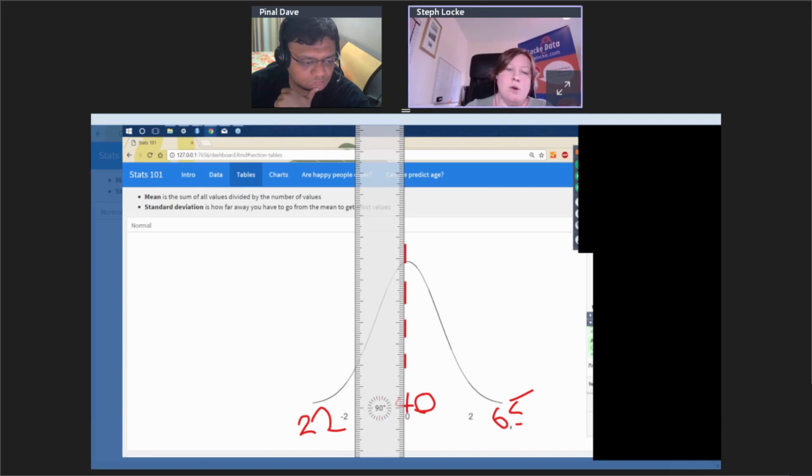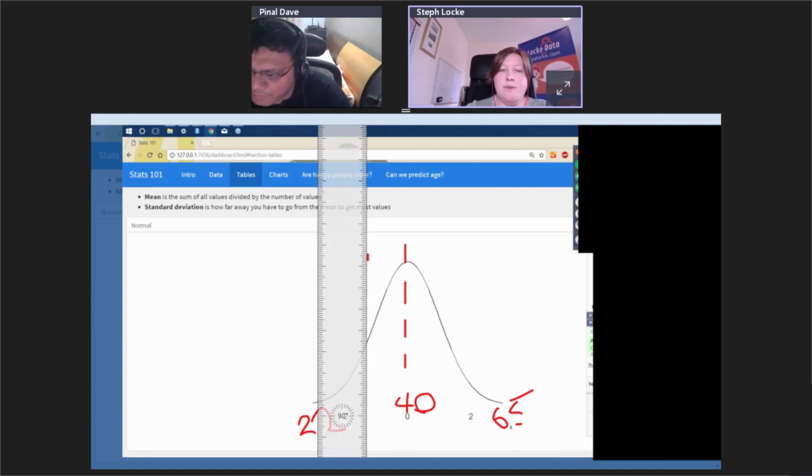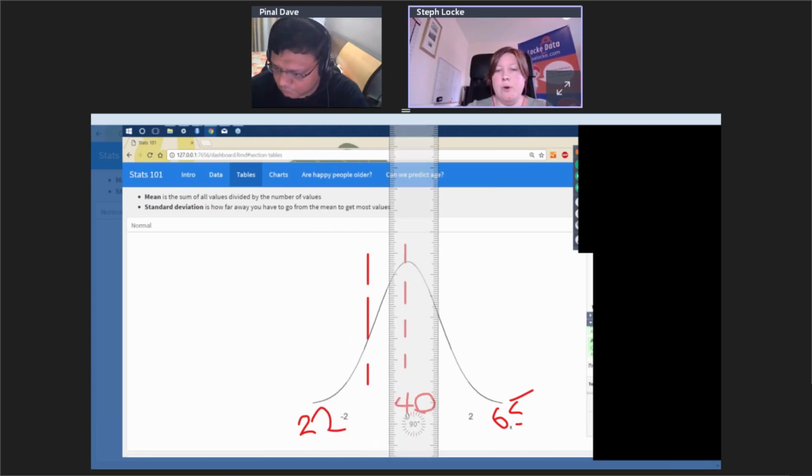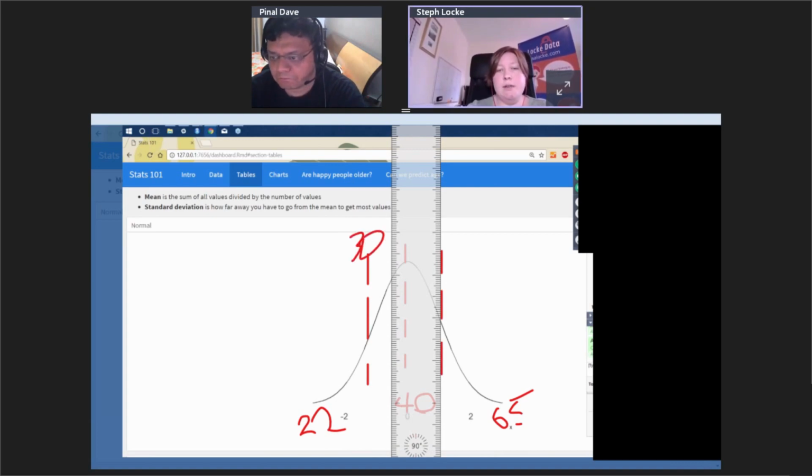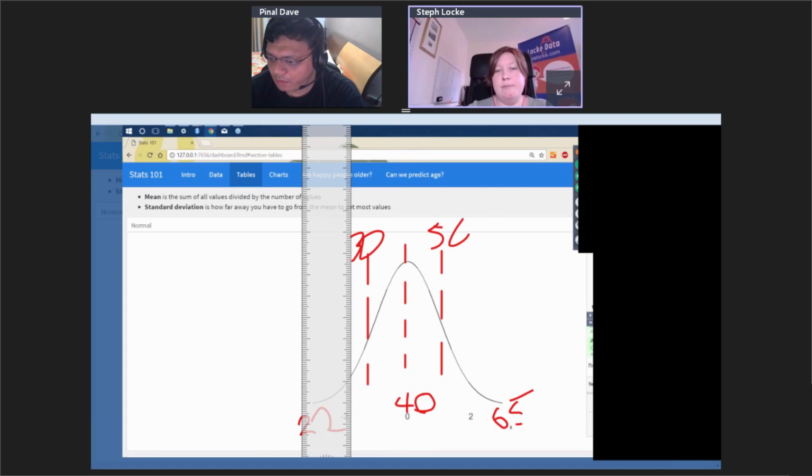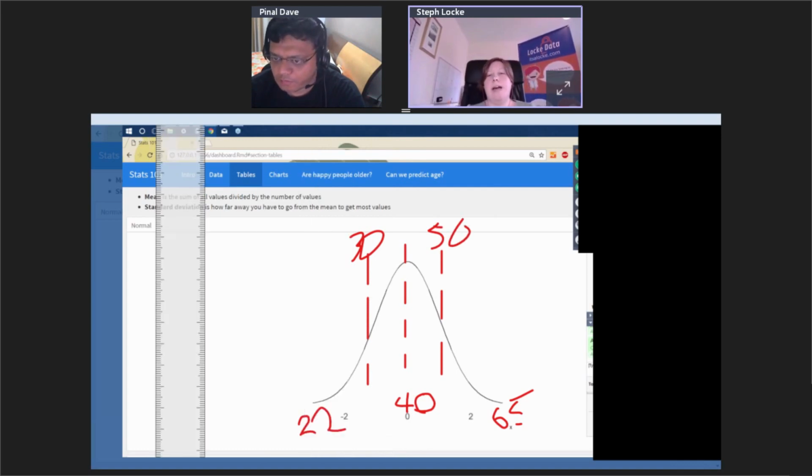And then if our data follows this kind of bell curve approach, we're going to find that probably most of our people are going to be between 30 and 50. So this will be what will happen if our data is perfectly normally distributed. What that means is that we have as many people on the young end as we do on the old end. Now that's quite unlikely for us because